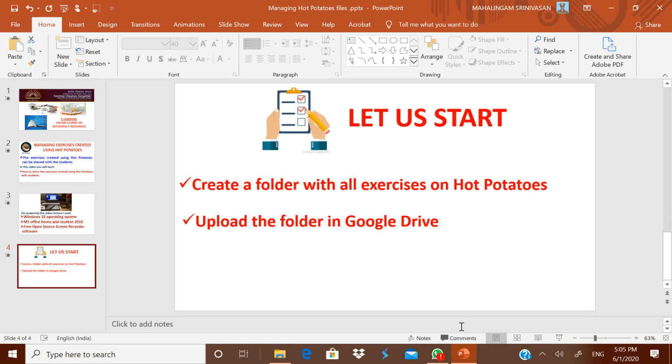Then you can simply give the link to the children. Suppose you don't want to give all of them at the same time, you can send the individual HTML file to the children. They can do it without internet also. The remaining topics will be covered in the upcoming videos.